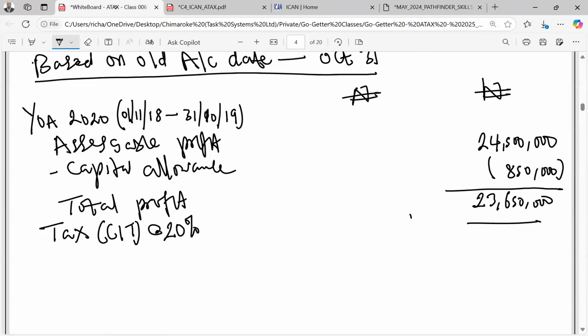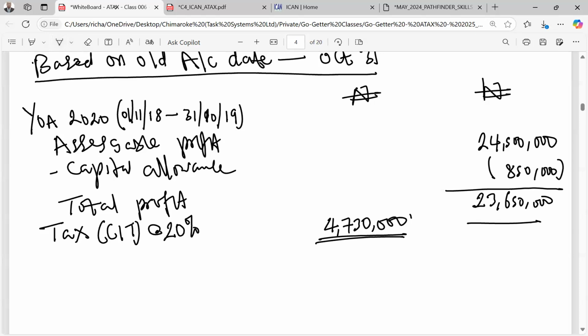So please, can you help me look for 20% of this and give me the value? Because I find out that when I go to the calculator and come back, this thing will give me 4,730,000. So this is your tax liability, but it is not cast in stone. The next thing to do here is